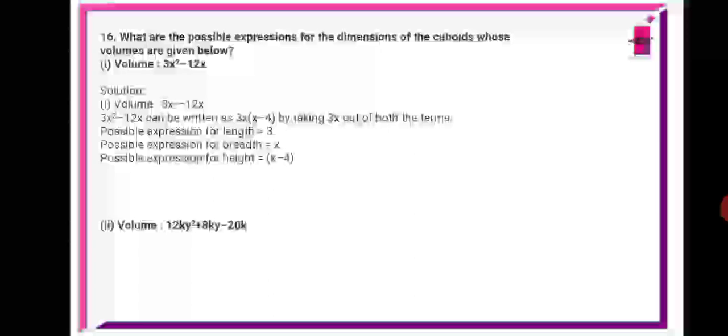Similarly, in the second one, you can take 4k common. If you take 4k common, you will get a quadratic polynomial, then you can factorize it so that you get the remaining two